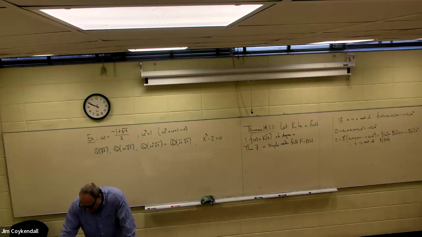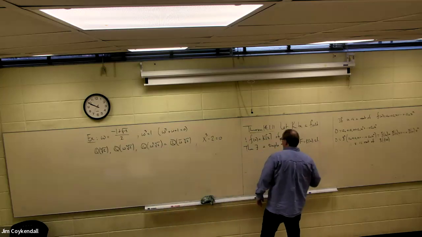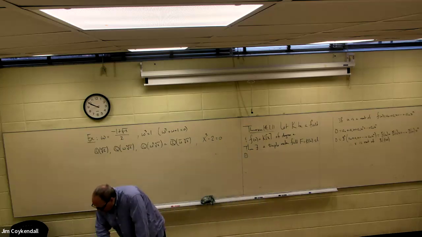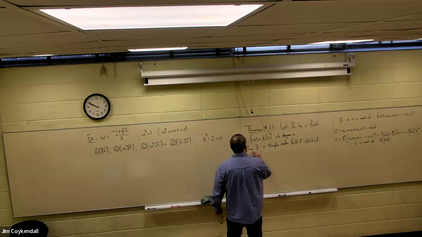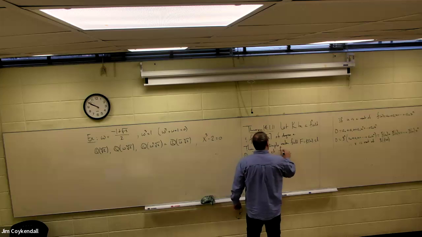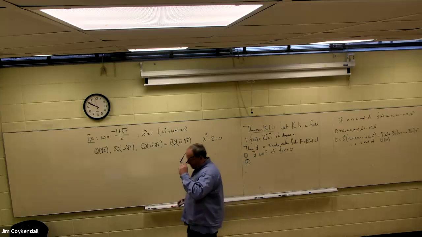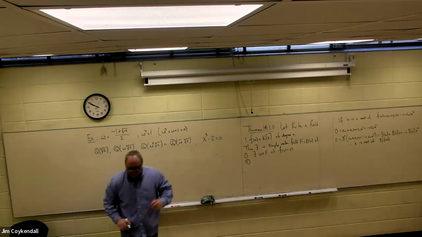Number one, there exists some u such that f(u) equals 0. Two, the degree of K(u) over K